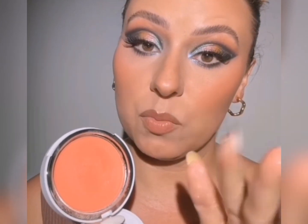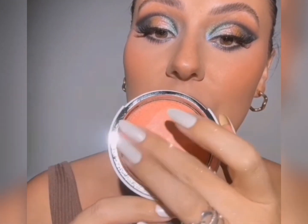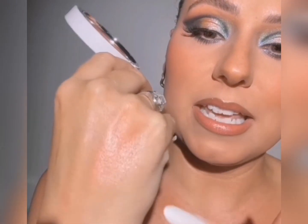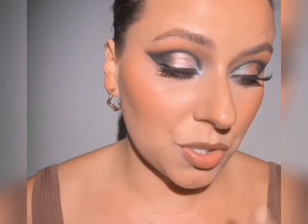I think combination skin would still enjoy. Oily skin might not enjoy it because it is a very wet formula. I have it here. I'm gonna add a little more, but it just continues to this. It doesn't dry down. There is no dry down. If you're very oily, I want you to stick to a liquid blush, and I'll show you a liquid blush